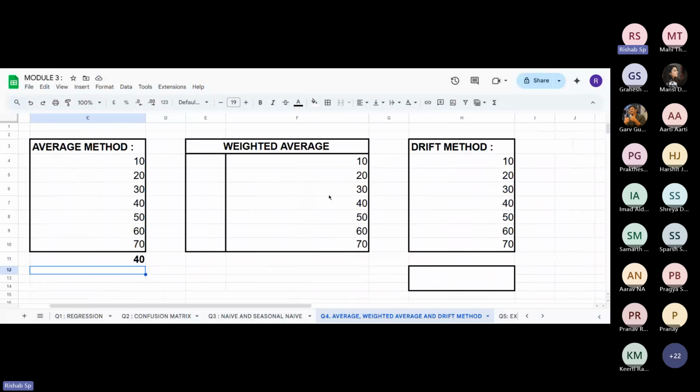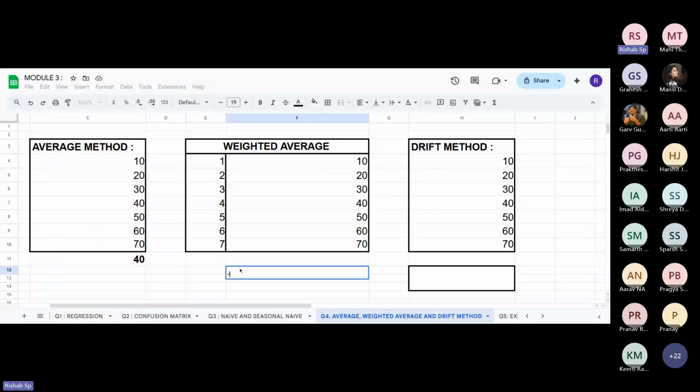Weighted average method, here what we do is that we assign a weight. So if you get a question like this, you assign a weight. For the recent data, you will give more weight. So let's do like 1, 2, 3, 4, 5, 6, 7. So this is the weight we are giving to each value, and we give the most weight to the recent data. So what we'll do is multiply 1 into 10